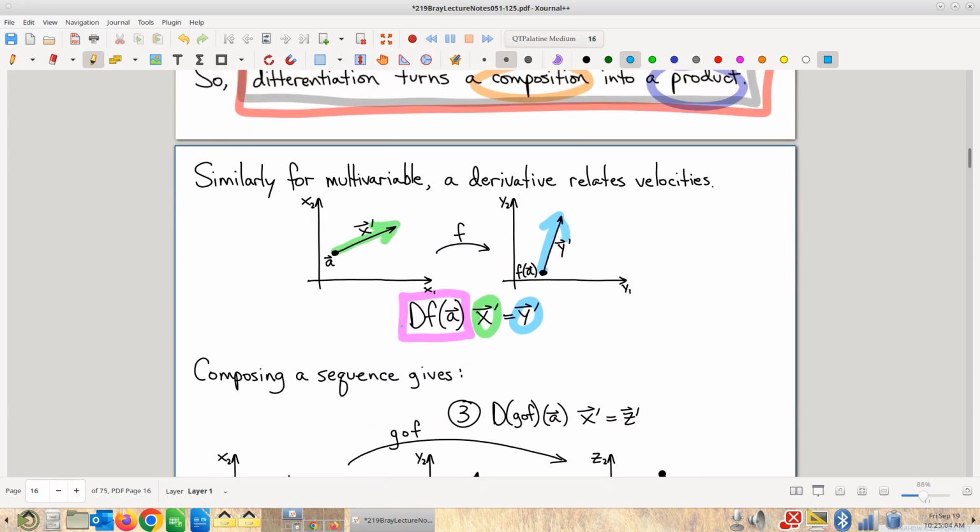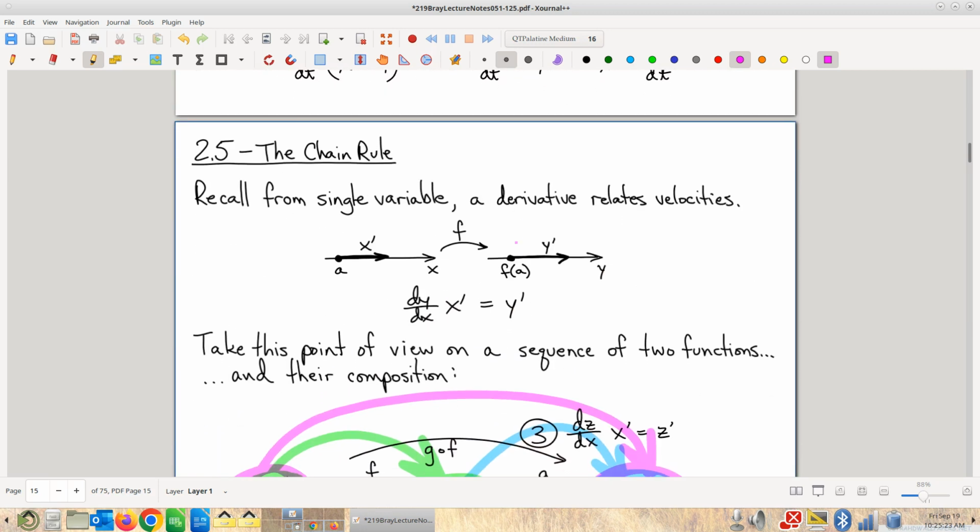So this is the take, right? The derivative, whatever kind of critter that is, let's not worry that it's a matrix. Whatever. It's the thing that you multiply by that input velocity to get that output velocity. And this is exactly the take we had here for single variable. It's just that now these velocities, instead of being one-dimensional velocities, are now